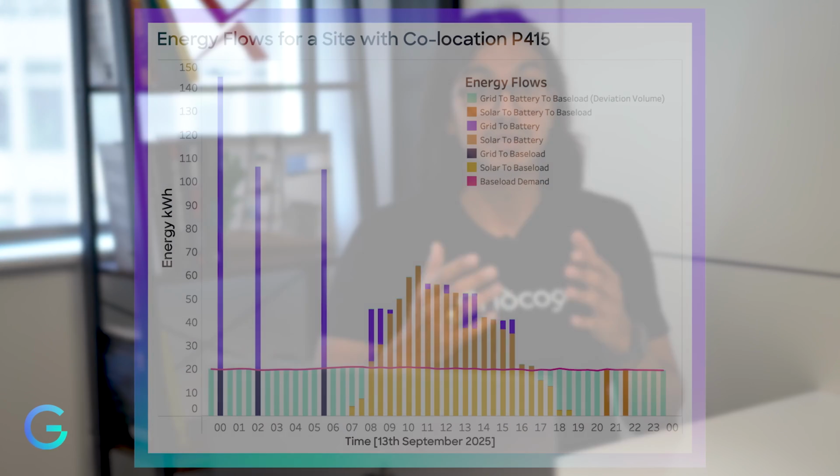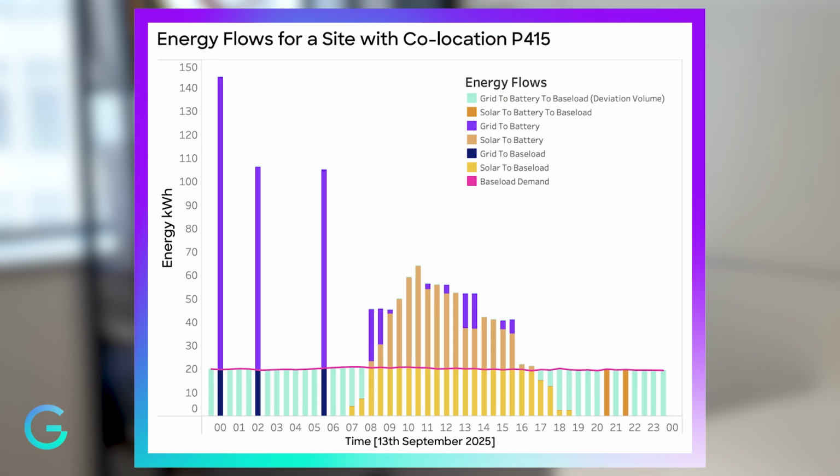That is because by doing so, the battery will lower the on-site consumption at that time and create a deviation volume that can be sold into the energy markets. We haven't allocated any costs or revenue to the solar, which indicates that the solar can charge the battery for free. Now, crucially, P415 doesn't prevent the participation in other revenue streams, such as ancillary service markets,